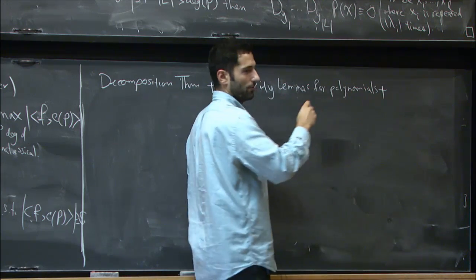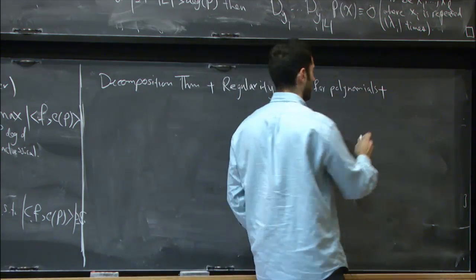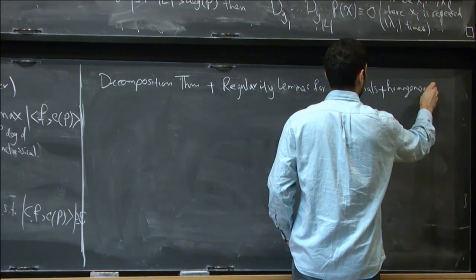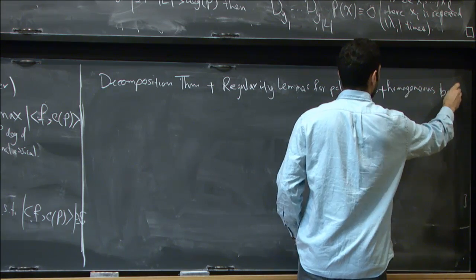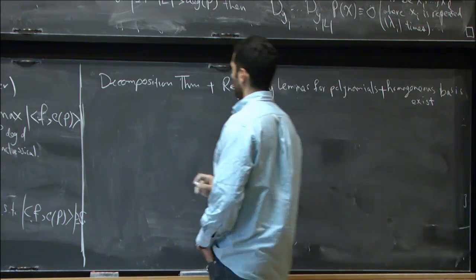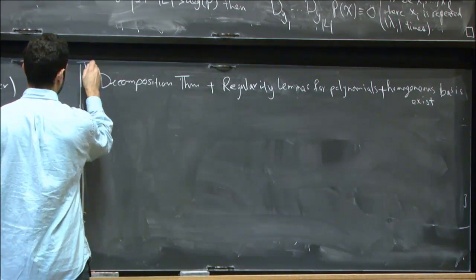And then I combine it with the fact that homogeneous polynomials span all polynomials, so a homogeneous basis exists. And this will say that if I'm given, so this is a theorem,